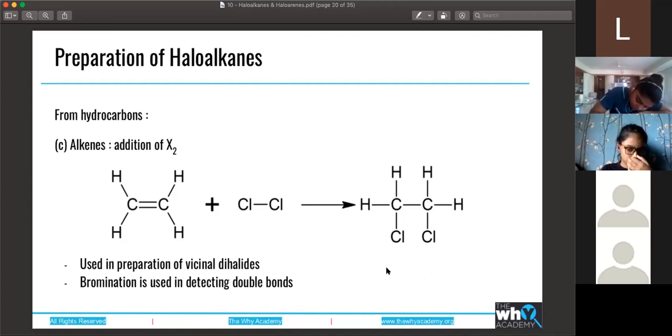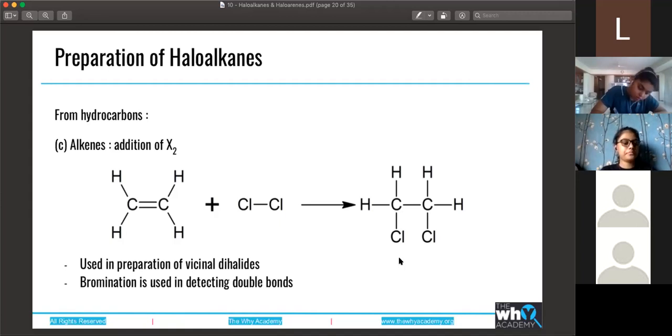It's going to be this year's organic is going to be very revision-esque. So already you have studied something that you have come across last year, you're studying it again, Markovnikov, anti-Markovnikov, like reactions of alkenes, in a different context when the focus is on haloalkanes here. So you'll come across a lot of situations like this.